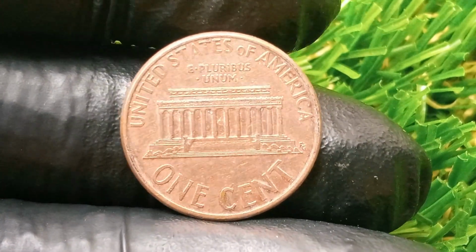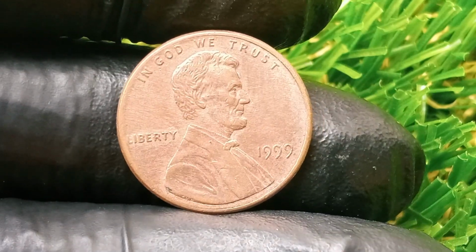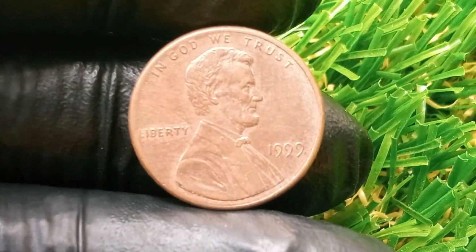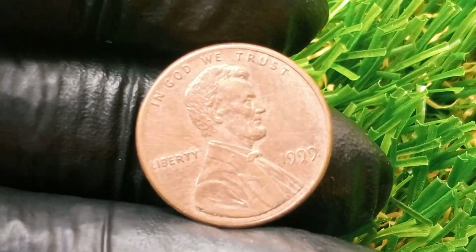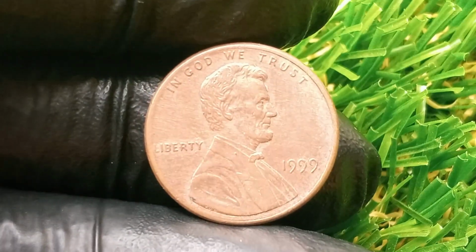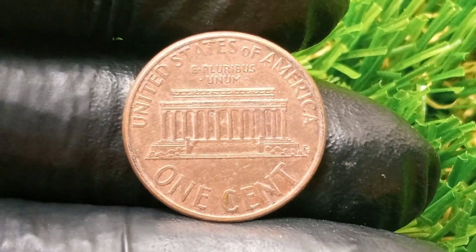And as if that weren't enough to astonish collectors, this miraculous penny also featured a rotated die alignment of nearly 160 degrees, meaning that when flipped vertically, the reverse image does not align properly with the obverse, further confirming that multiple systems failed during the striking of this coin, allowing a litany of minting errors to compound into a single, irreplicable event. And the origin story of this $42 million penny is just as gripping as the coin itself,